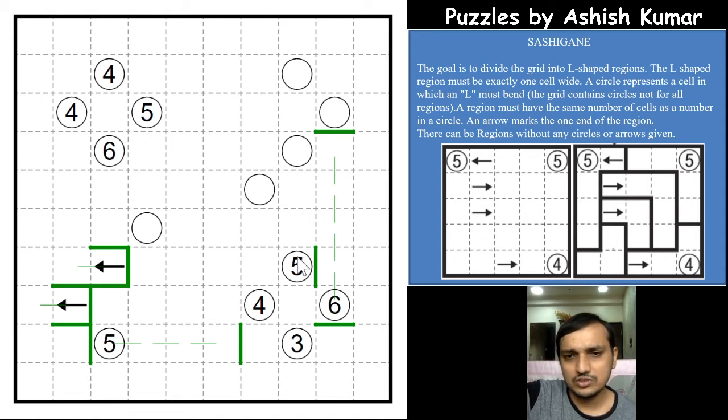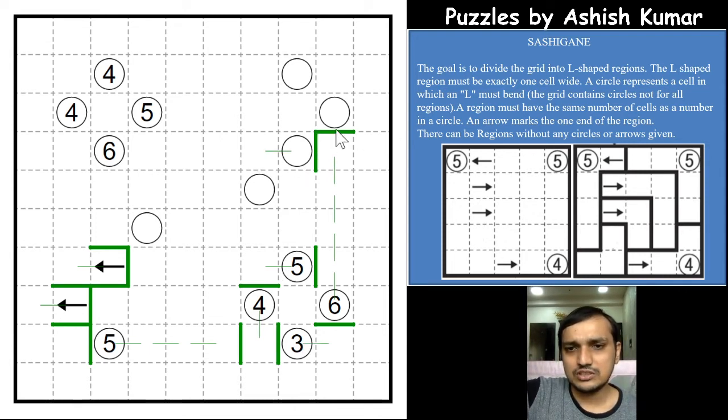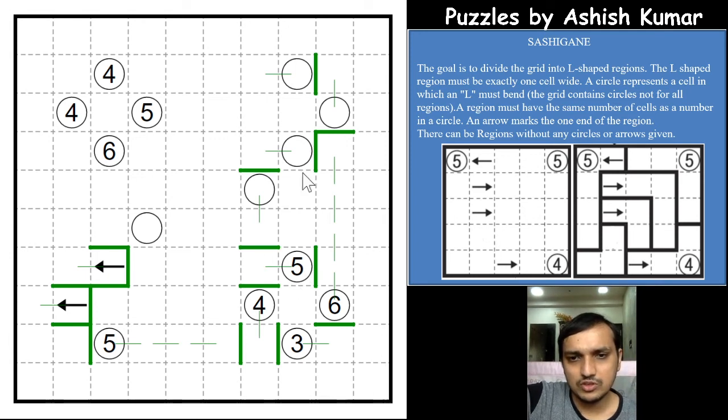So if you see now, this 5 extends this way, we got a line here, this 4 extends this way, we got a line here, and this 3 extends this way. Same way for this circle, it has to extend this way, this circle it has to extend this way. So this is a very good trick. It surely helps to solve you faster. Just form a thick line, and the opposite cell will be part of the circle, the part of the region. The circle will be part of the region to form an L shape.